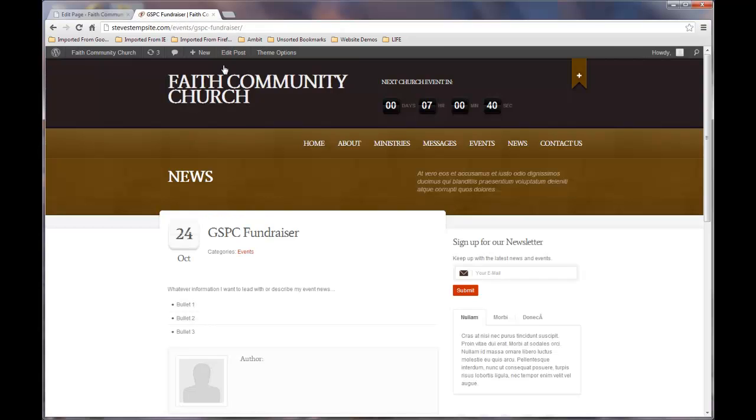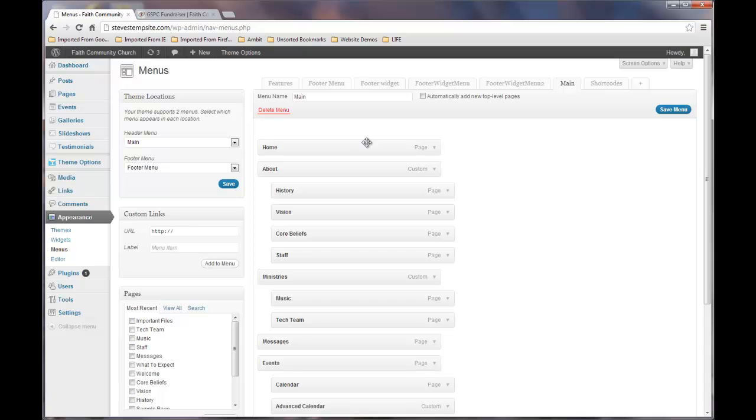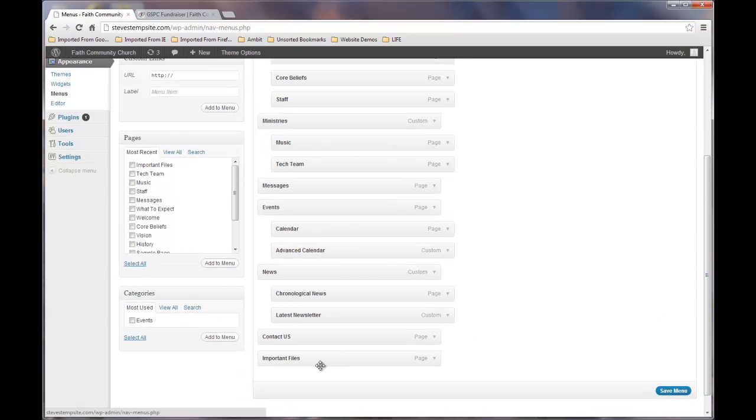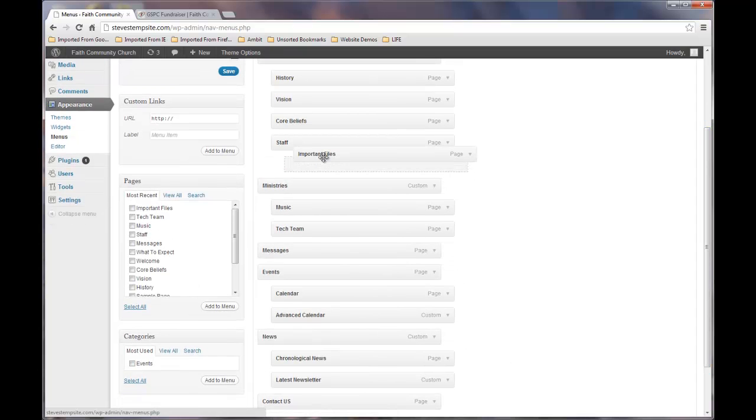where I can go back into my website. It's not going to be directly here because I've created a custom menu here. So maybe I wanted to put this Important Files off of my About page. So I'll go back into my dashboard, and I know I can go into Appearance and then Menus. And I've got a main menu here where now I've got a page called Important Files that I can add to this menu now. So I can just simply check that and then add it to the menu, which puts it at the very bottom here. And now if I wanted to go underneath of this About menu navigation area, I can put that right there. And then I'll just save my menu,